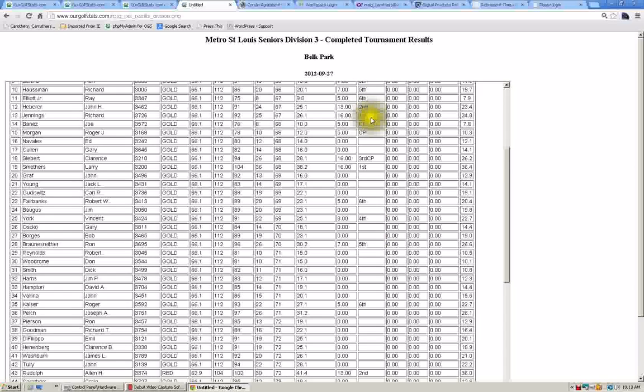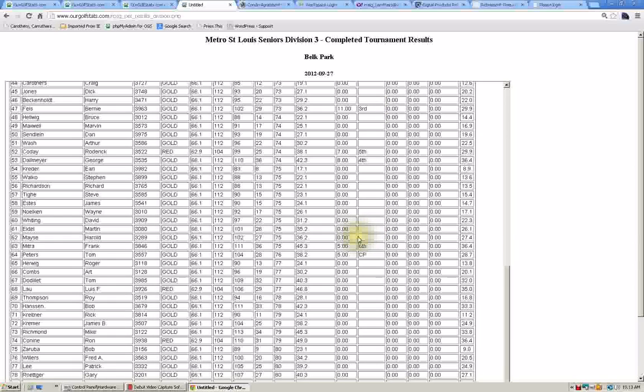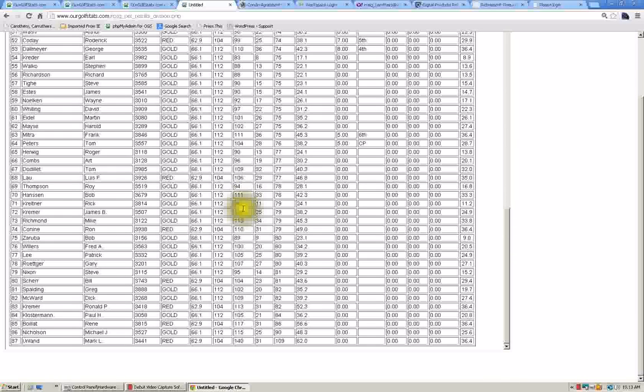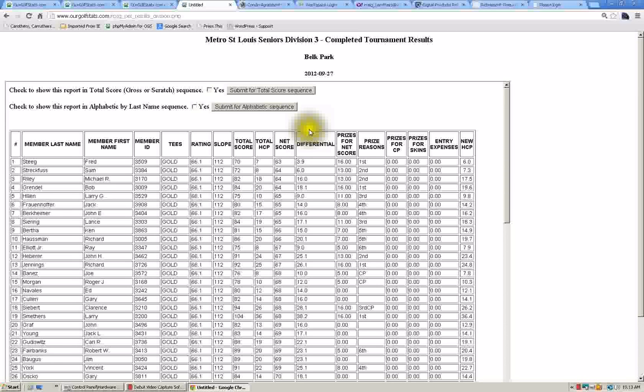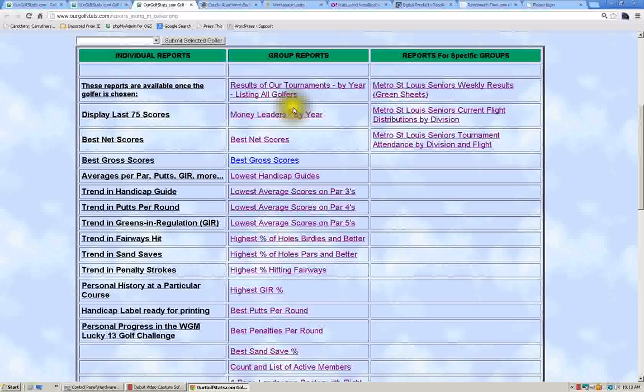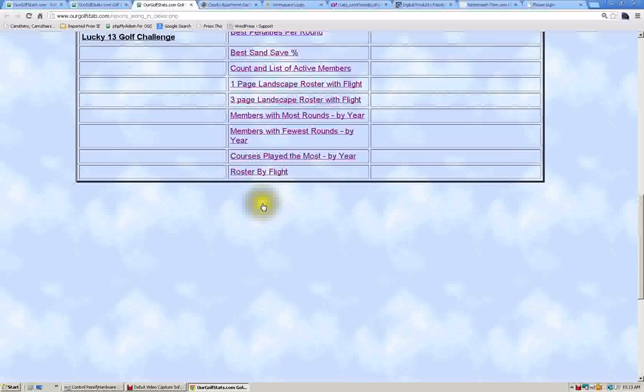But it shows what place you finished, how much money, and as opposed to the other report that we looked at that just had the top 12 in each flight, this lists everybody in the division that played that week. The money leaders by year, other reports, you can look at